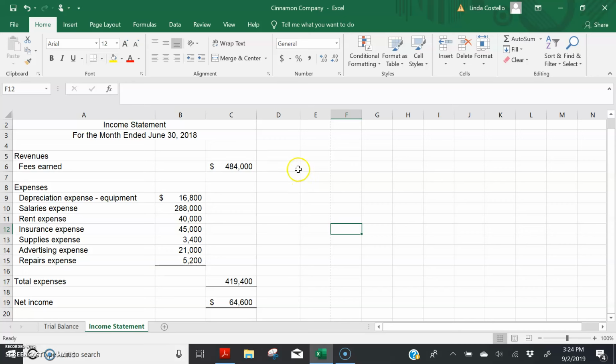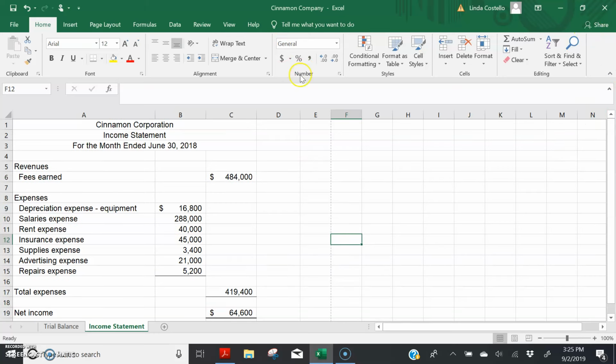And one of the last things I want to talk about is, well, wait a minute, Costello, this is not centered on the page. You said they should look really pretty and be centered on the page. And I'm saying that that comes through the print function.